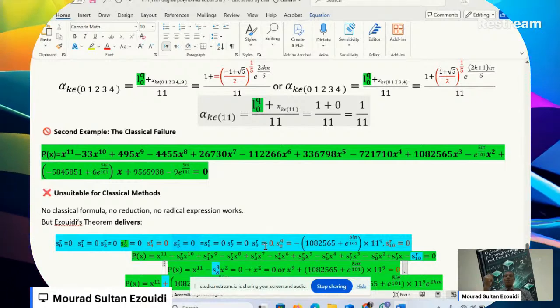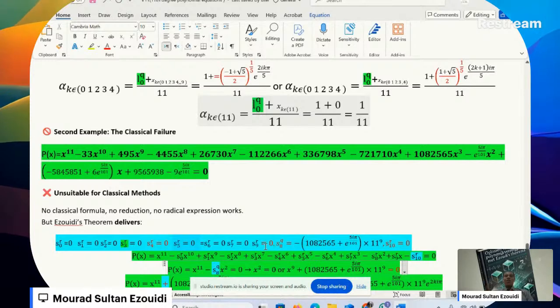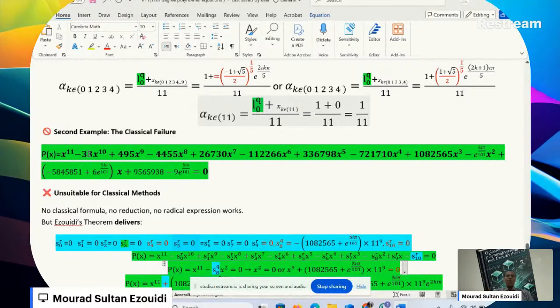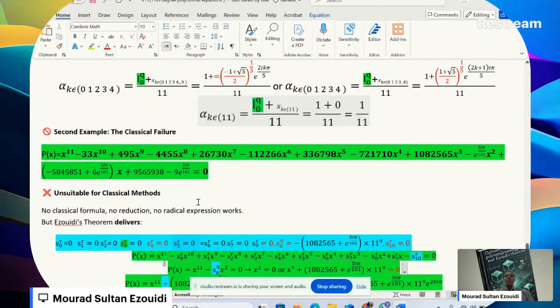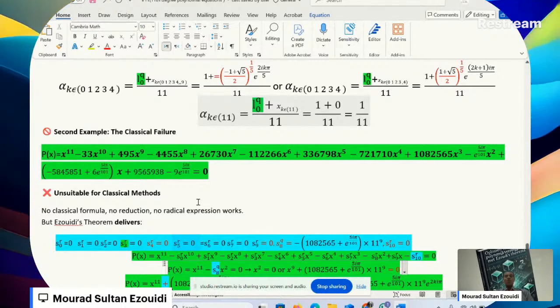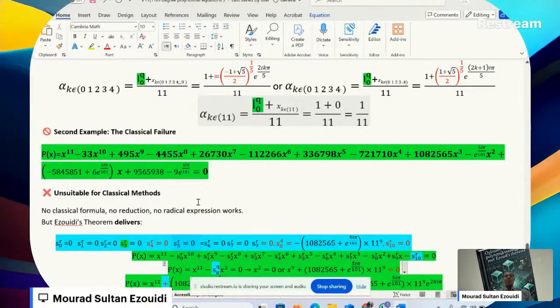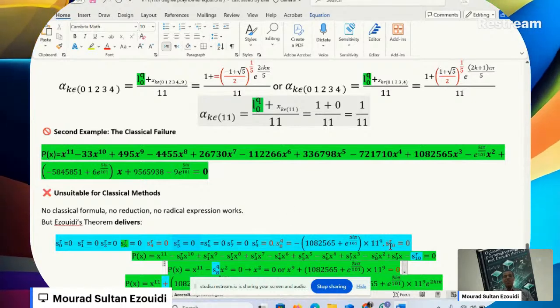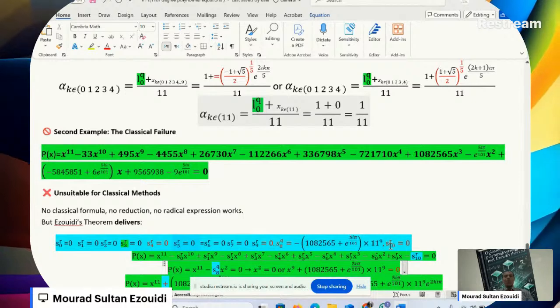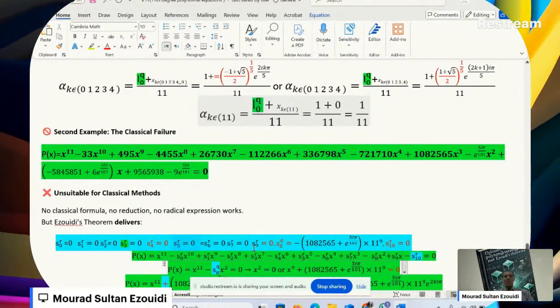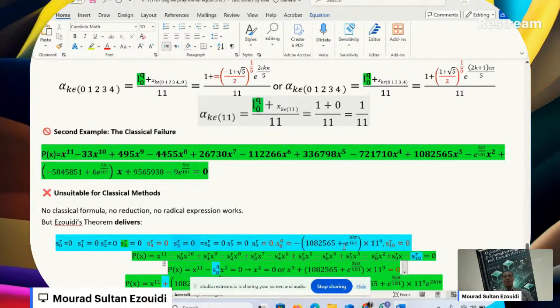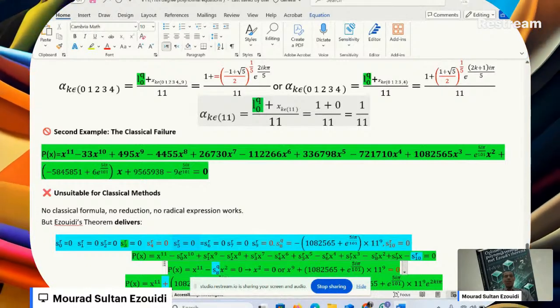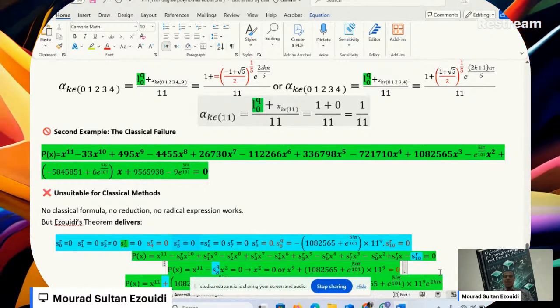You will get, for example, alpha equal to 33 divided by 11, which is 3. It's called a double root, or a root with multiplicity. Why? Because S10, the last coefficient of the new degree 11 equation, is 0. Also S9 is 0, which comes after S8, and S8 is different from 0. So we derive this